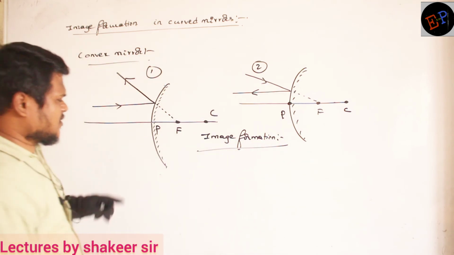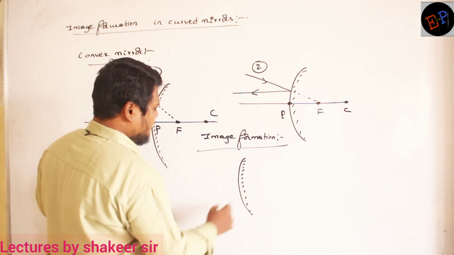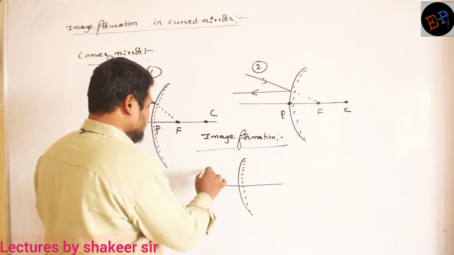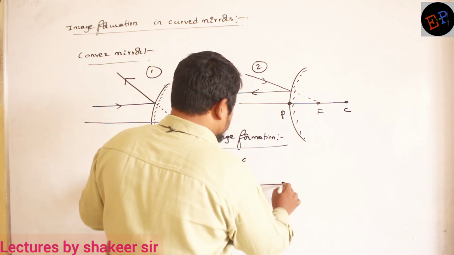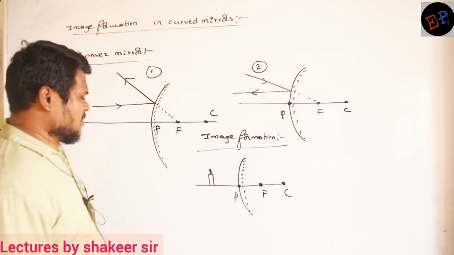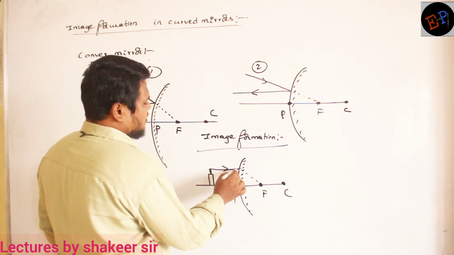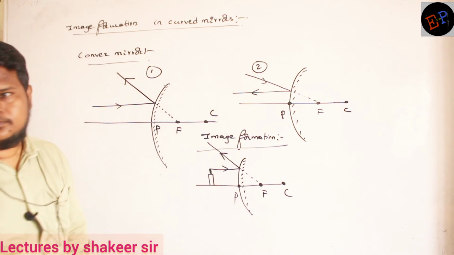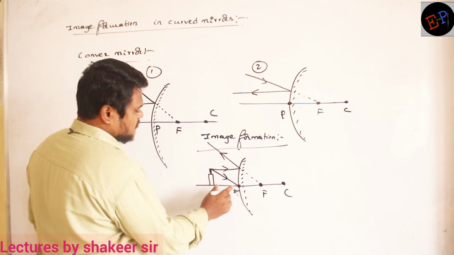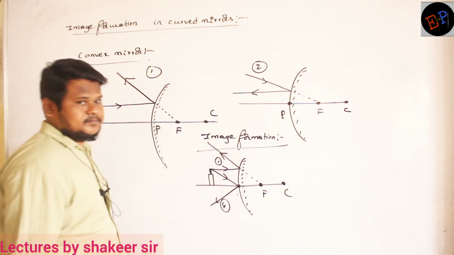Okay. In image formation, this is a convex mirror. First of all, let us place an object. This is an object. This is the center of curvature, focus, and this is the pole. Clear now? So light ray passing parallel to the principal axis, after reflection, it should pass through the focus. Clear now? And light ray falling at an angle of theta to the mirror should be reflected by the same angle of theta. This is ray number 1, this is ray number 4.